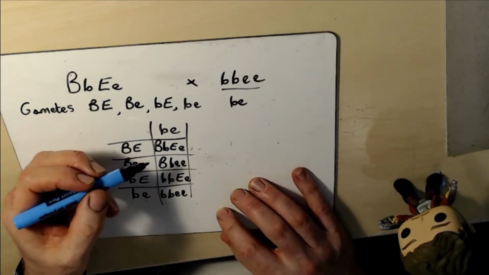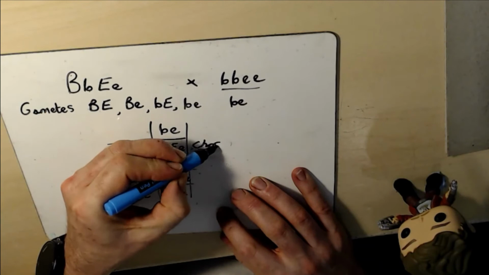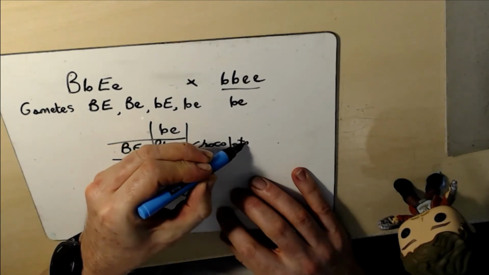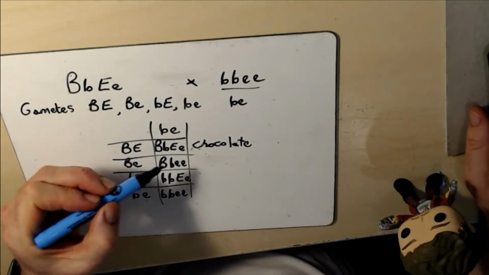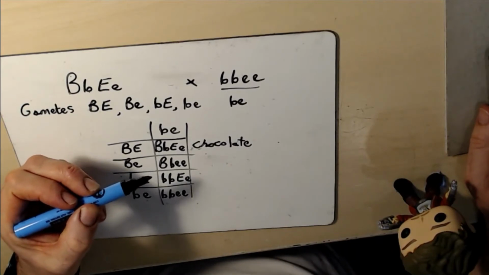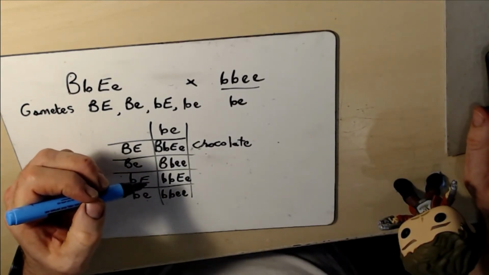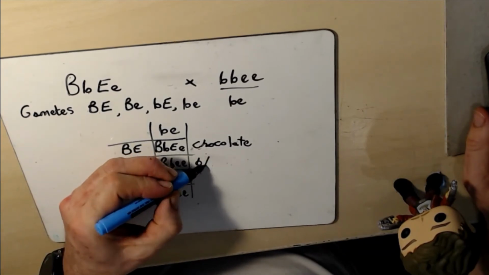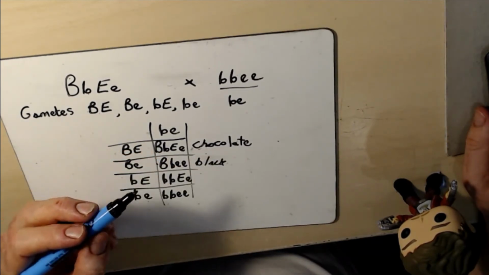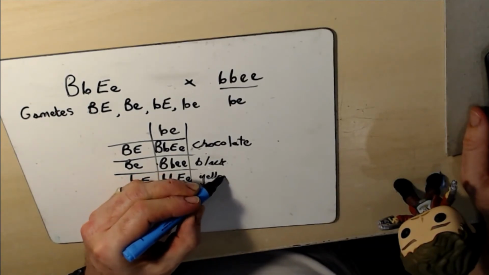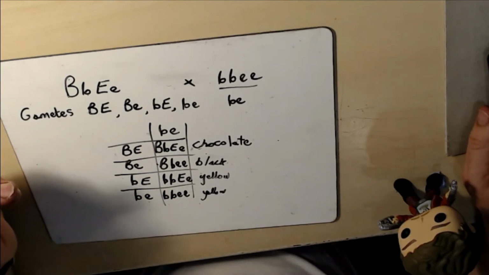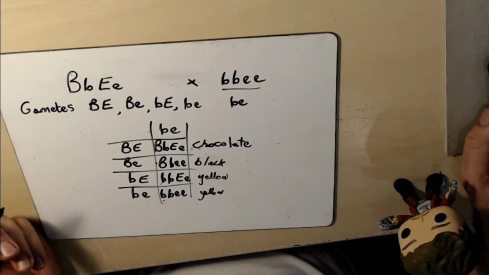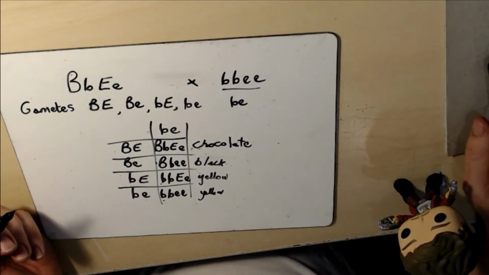So we've got one chocolate, so it has to have both genes, gene E and gene B, dominant to allow them to have the dark pigment and then the chocolate or black coat. And then this one is going to be black and the other 2 are yellow. The reason they're yellow is because the first gene for coat colour, B, is actually homozygous recessive. So that would be your answer.